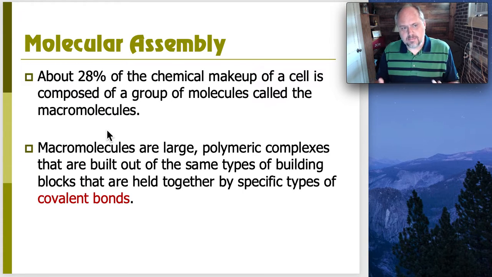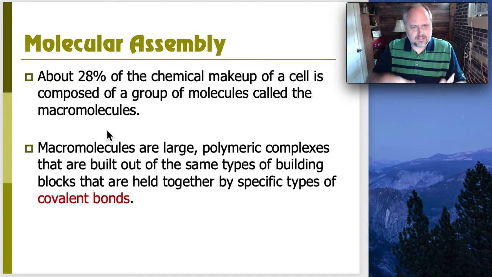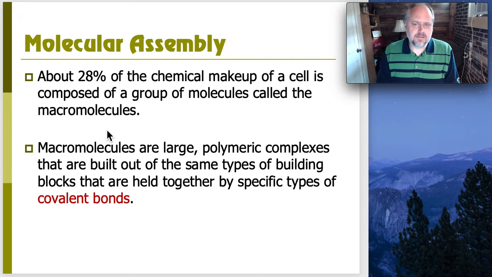So these are a pretty important piece to the dry weight of a cell. We call it dry weight of the cell. If you were to take all the water out, what's left, well over 90% is made up of these things called macromolecules. Macromolecules, by definition, as you would expect, are large. They're polymers, as we've already discussed, and they tend to be built out of these same types of building blocks that are held together. So we'll get into some specifics about a couple of the macromolecules, but remember that the